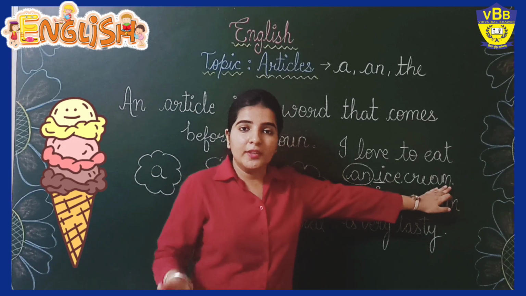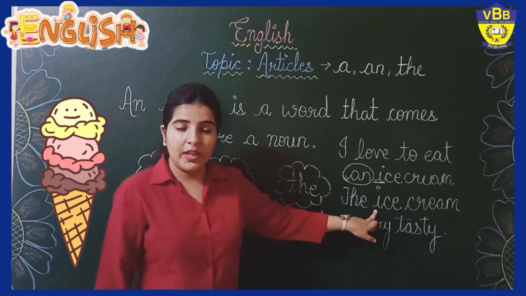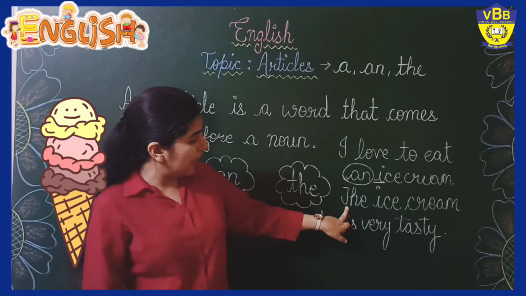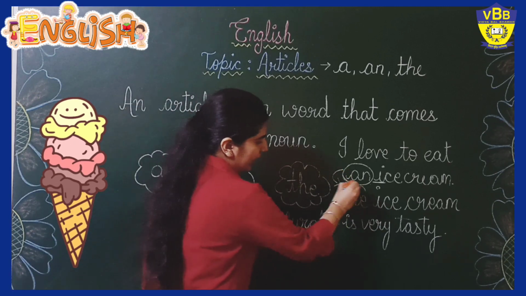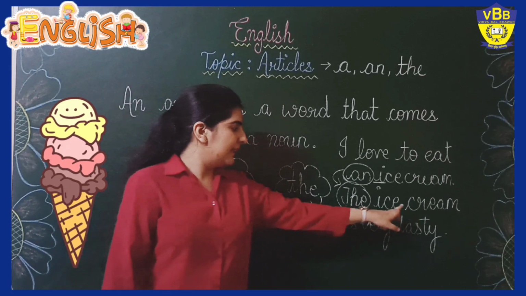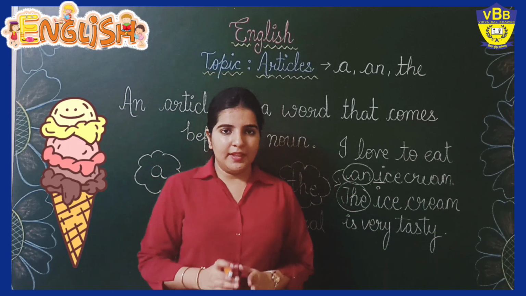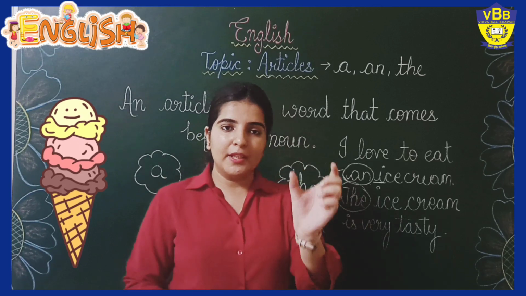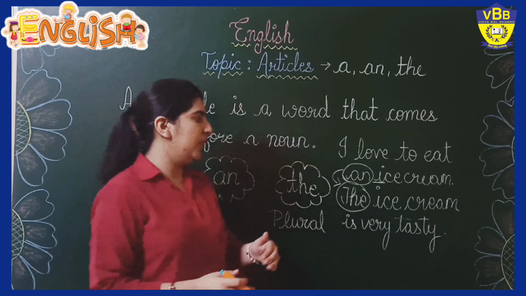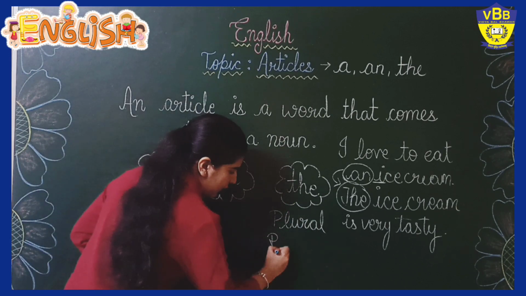Okay, sentence is over. Now we are going to start with a new sentence, and again the noun is repeating: ice cream. We are talking about the same ice cream, right? So we are going to replace the article an with the. It will be: the ice cream is very tasty. So in the same paragraph, when a particular noun is repeating itself, for the repetition of a noun also we use the article the.